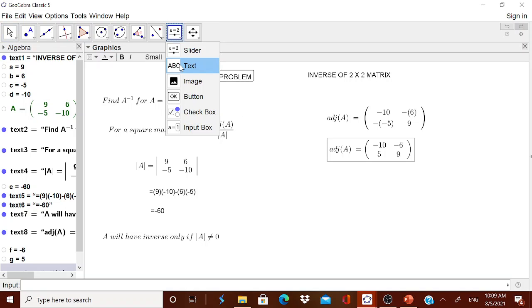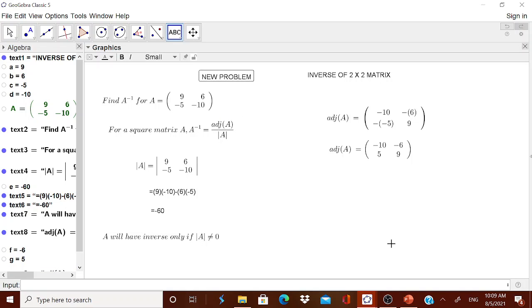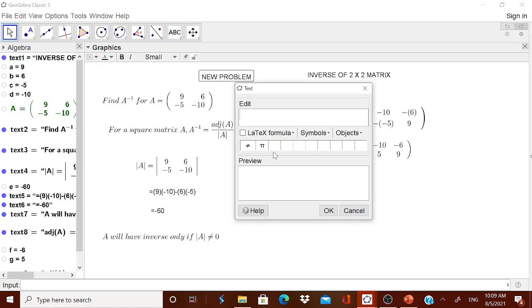But now you are ready to tell them what is A inverse. Very simple. Therefore, capital A. And now remember, if you want to write adjoint A there, if you want to enter it here also, it is not an issue. You can enter that also, but you can avoid it also. Therefore, you are having latex formula. Therefore, you should know A inverse.